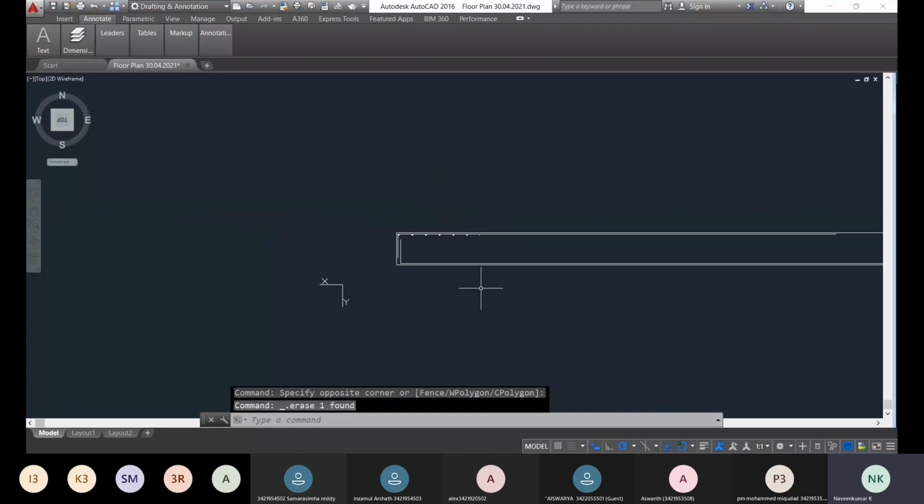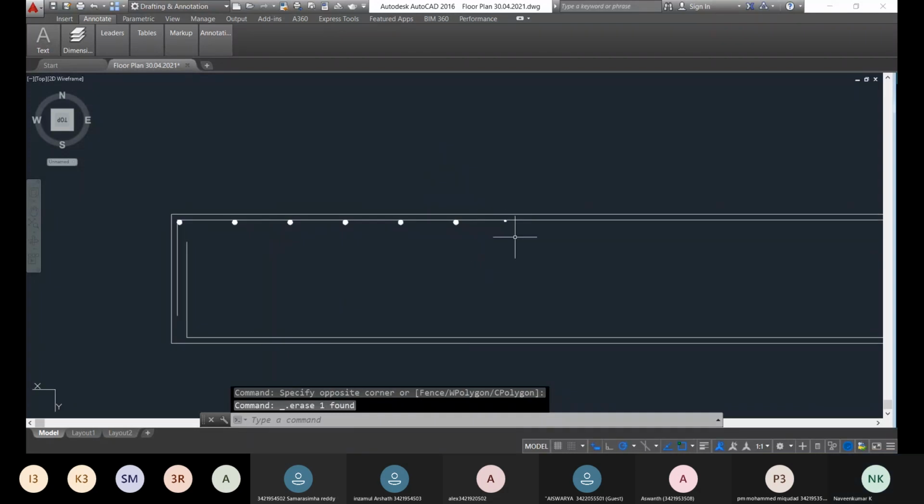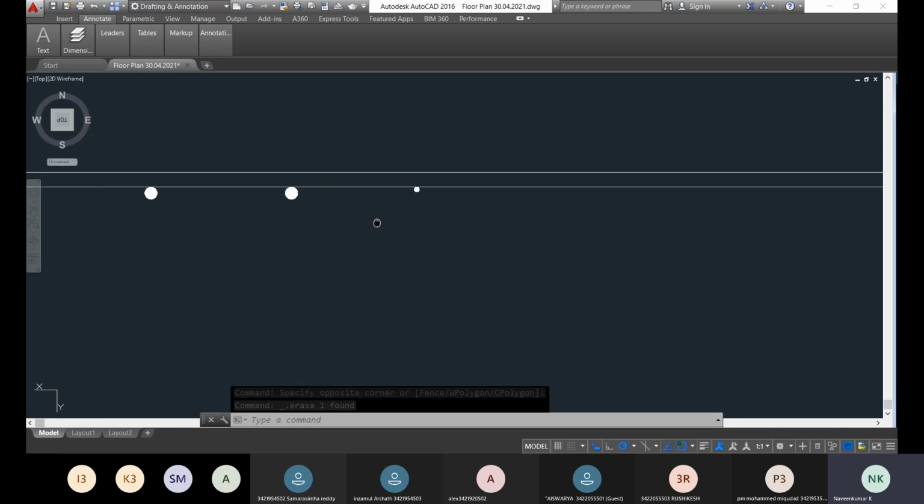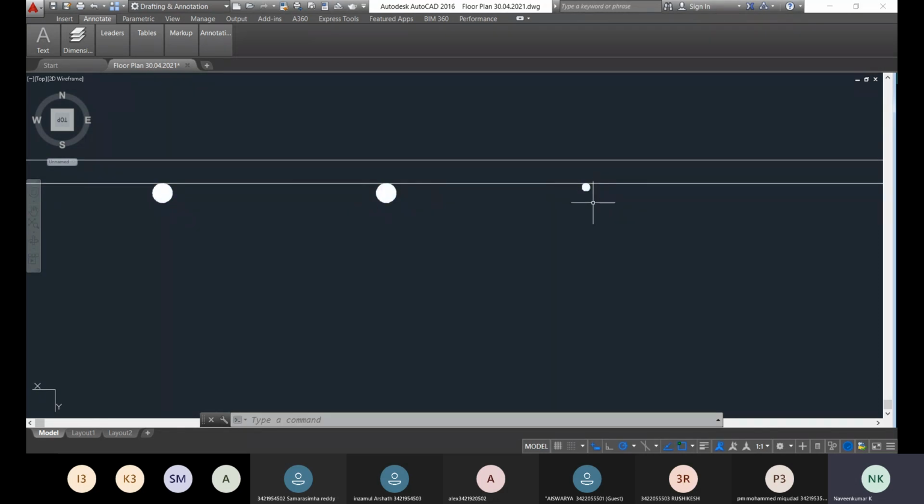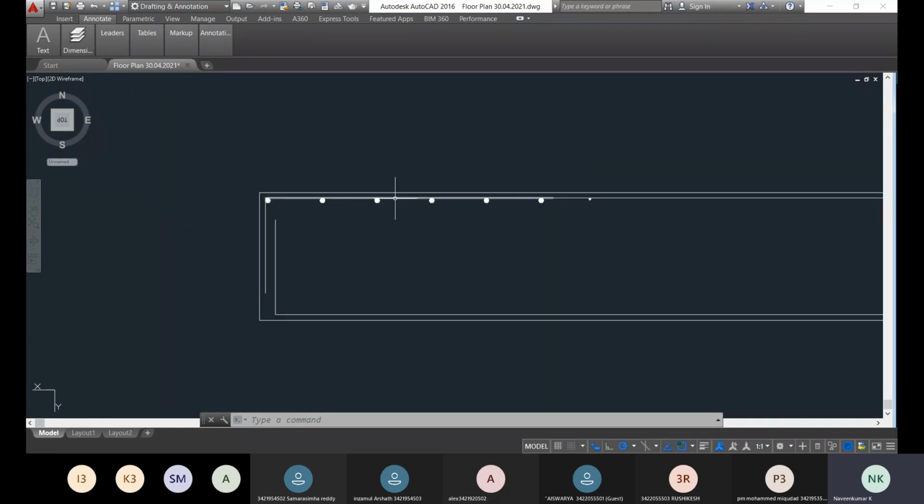So now you repeat the array command here. In the picture itself we can observe. Okay, so this is big and this is small, 25 mm and 10 mm dia bar. Okay, so at the end you go for the